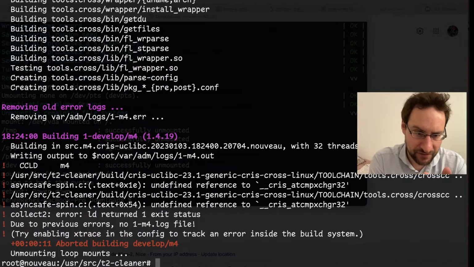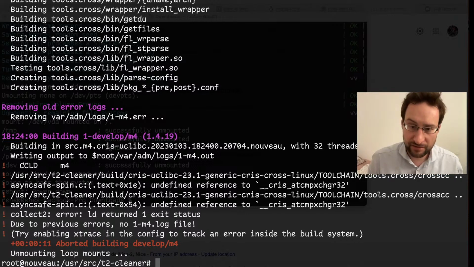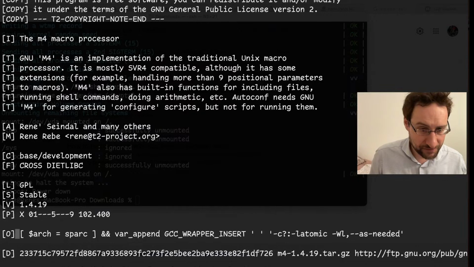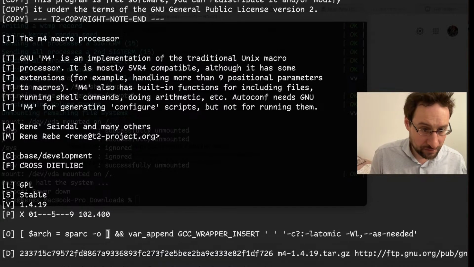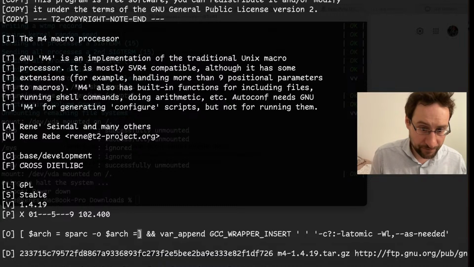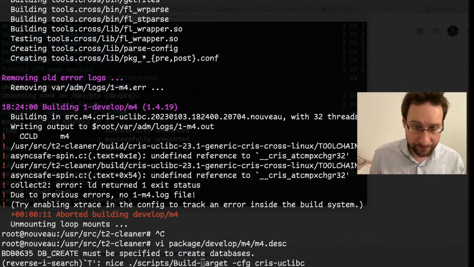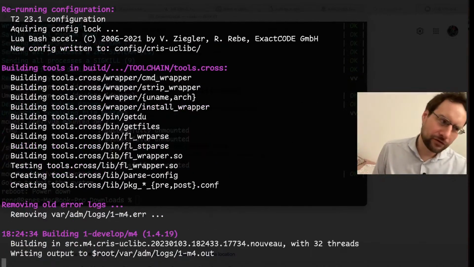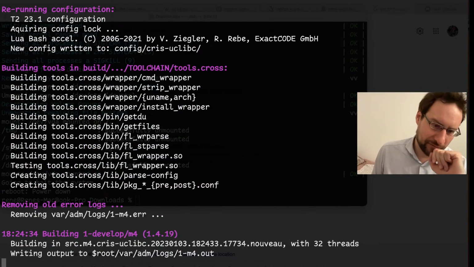Okay, this still doesn't fix this. I think saved spin C. We could check if that together with, but probably not. Arch CRIS. If you're wondering why I randomly try this stuff, that's just from experience that usually stuff like that fixes that. But apparently not in this case.